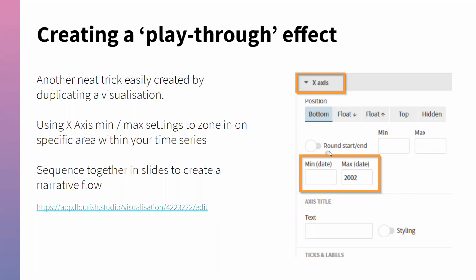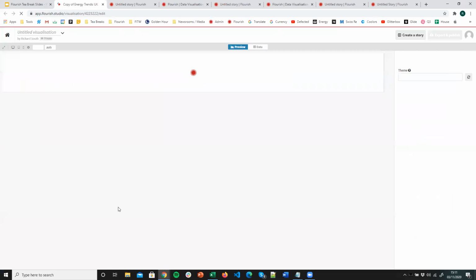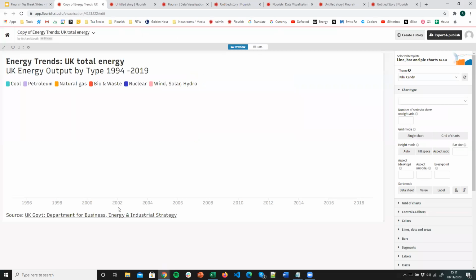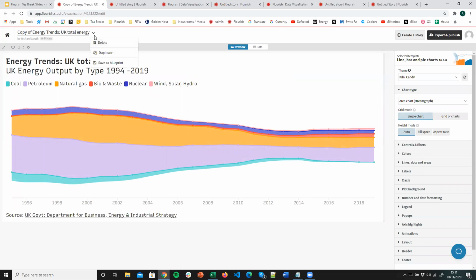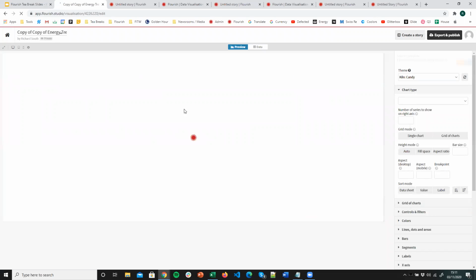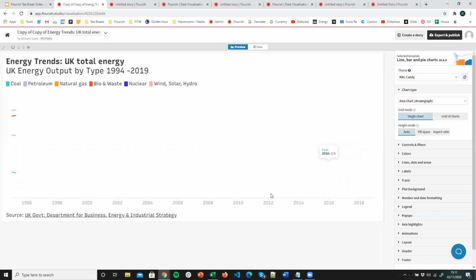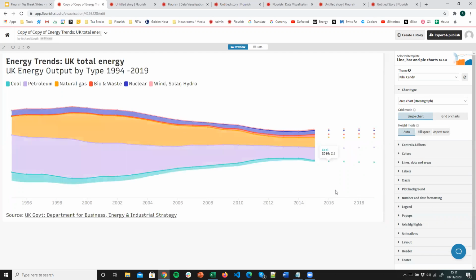And if you have an accompanying narrative flow that you want to explain with that, this can be a useful way of doing it. So here we are looking at that energy trends chart as a stream chart, and I'm now going to create some duplicates of it. So this is going to be my final view, my entire data series. So I'm just going to put a duplicate, and then if you like, the view that precedes that,